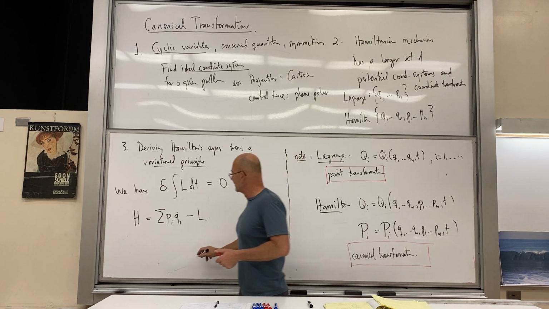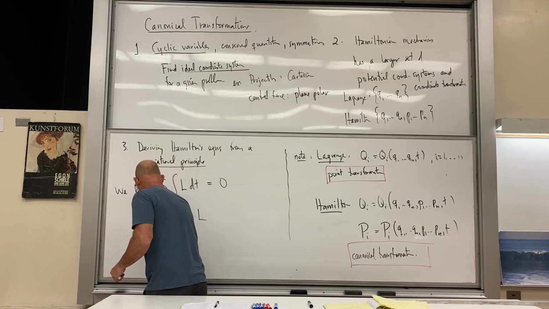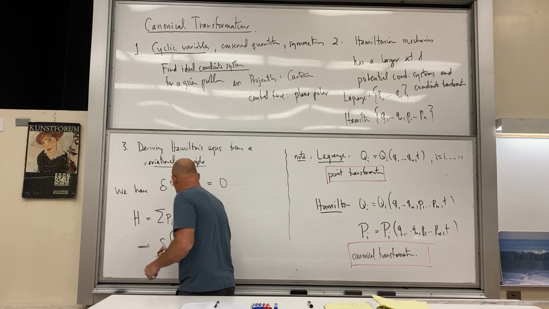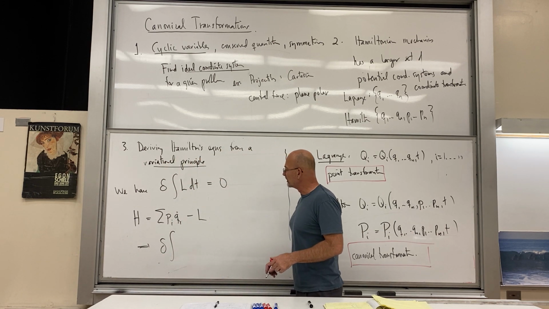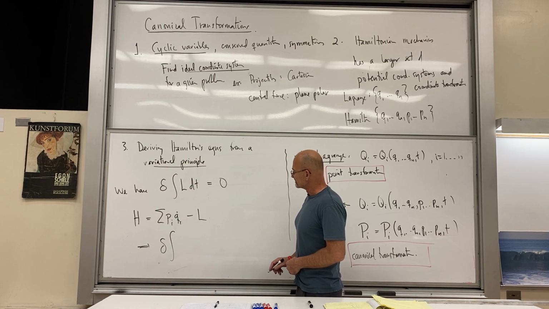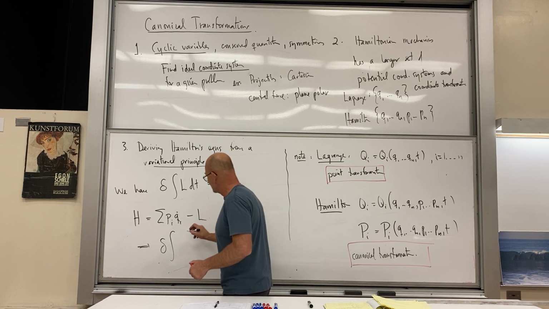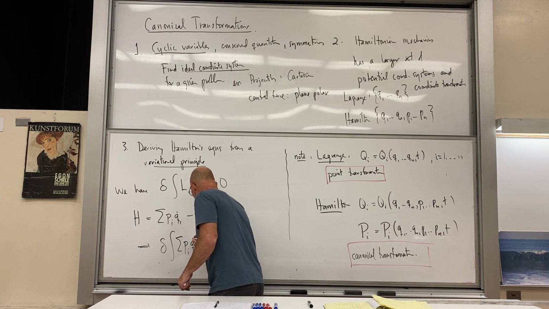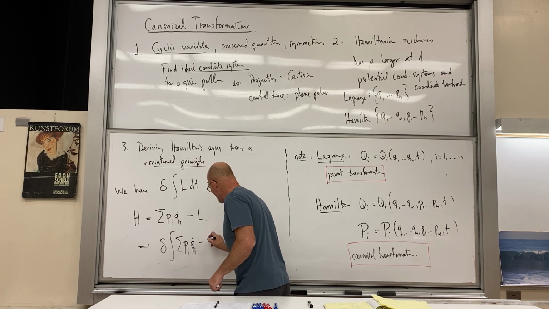Okay, so then we would have the variation, if we substitute L, of the sum over i of P_i Q_i dot minus H